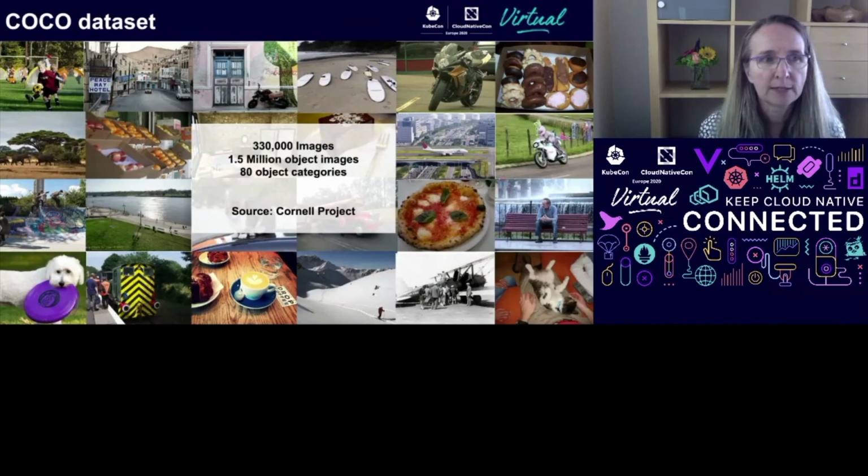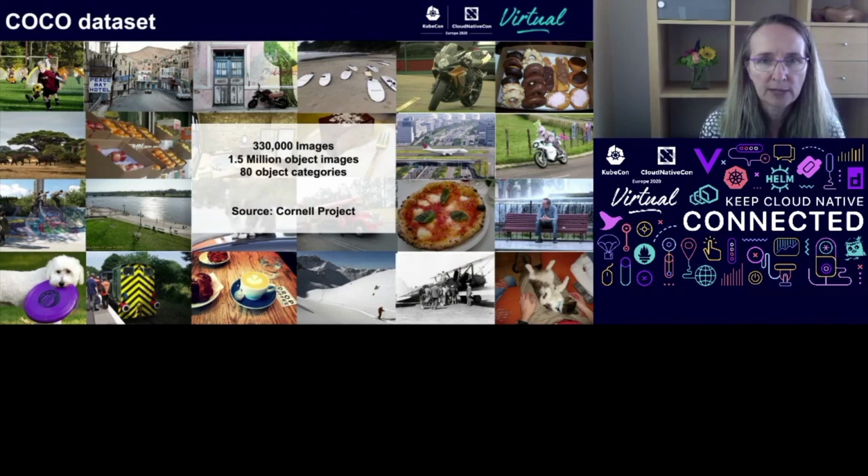A little bit about the COCO data set that we used. It's the Common Objects in Context data set, and it has over 300,000 images. It allows researchers and people who are doing benchmarks like we are to take real-world problems of finding these objects in these scenes and outlining them and labeling them and seeing how your model does at that, seeing the accuracy level that you achieve. So the data set was created by Cornell in a joint project with Microsoft originally.